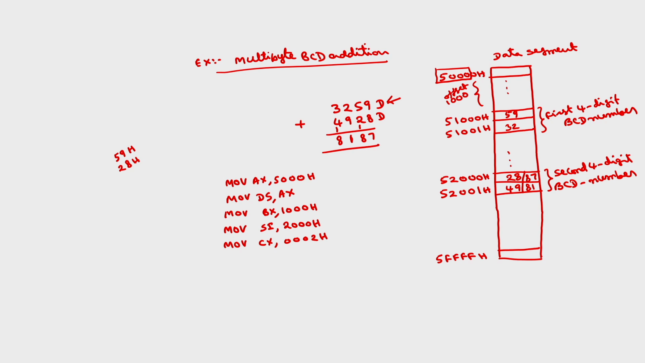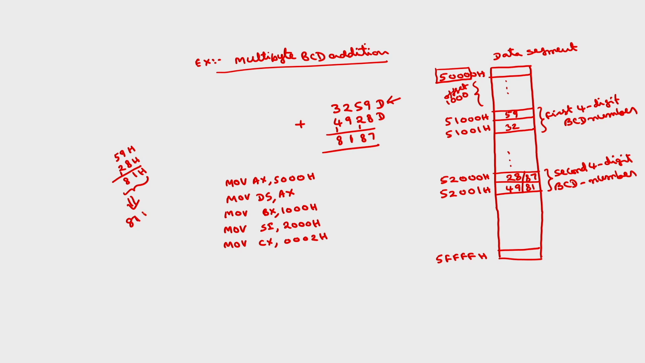The actual decimal result will be 87, but this comes to 9 plus 8 is 17. 17 is nothing but 15 is F, 10 will be 16, 11 will be 17. This will be 81H in hexadecimal addition, but we want 87. To get 87 decimal from 81H,